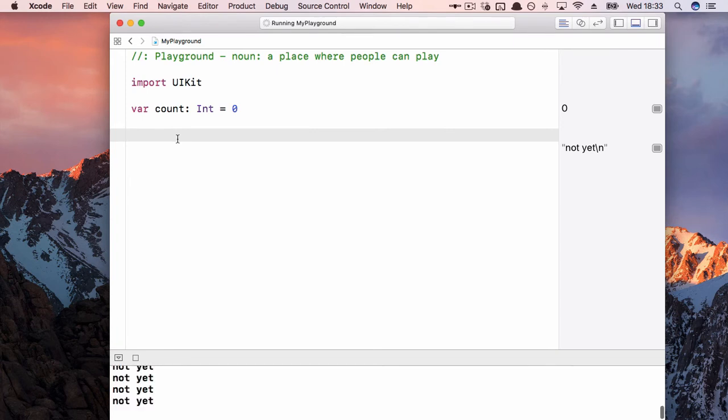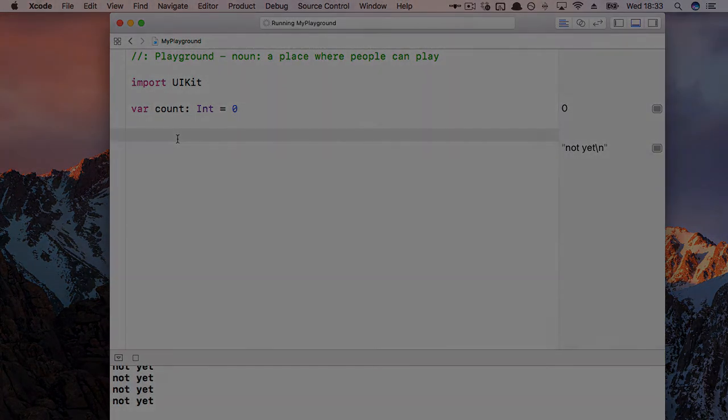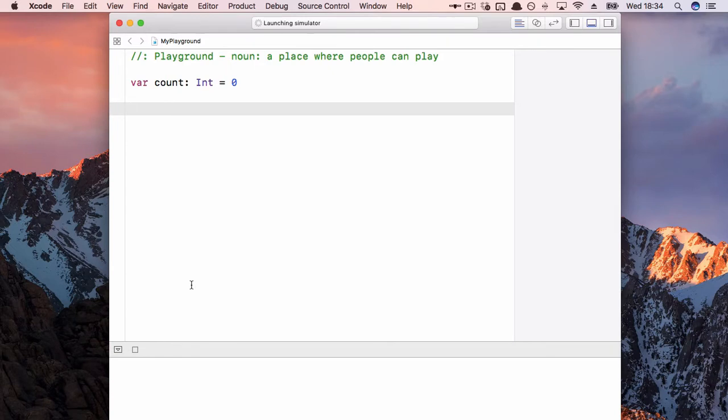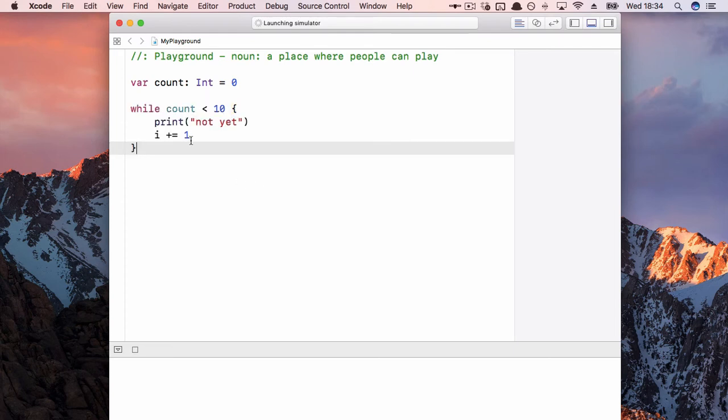I'll tell you what, I'll just switch off the video now and let this run, and I'll let you know in a minute how long it took. So that took much longer, and I had to force quit Xcode because it wasn't responding. So you've seen the danger. I'm going to paste this back in, and now that we're adding I each time,